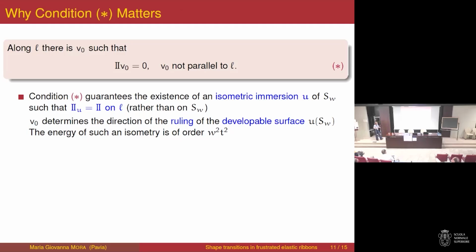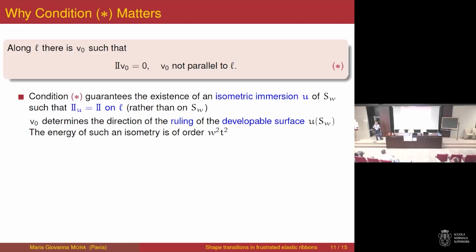So why can we do that? Since we are in the flat case, isometric immersions of the mid-surface are surfaces with zero Gaussian curvature, so they are developable surfaces. And this vector V0 determines the direction of the ruling. So we need to know that V0 is transverse to the midline to be sure that we can construct